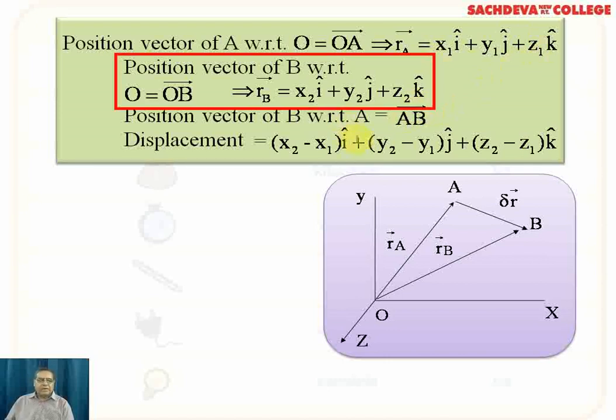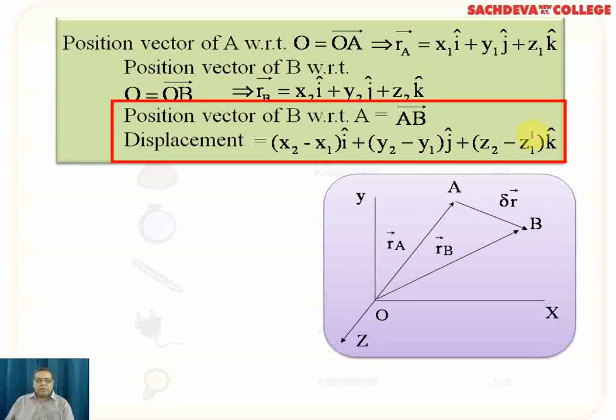Now position vector of B with respect to O will be OB, and RB will be x2 i plus y2 j plus z2 k. So i, j and k are the unit vectors along the x-axis, the y-axis and